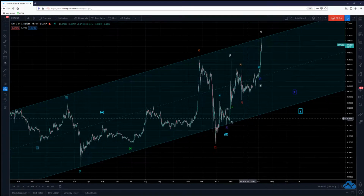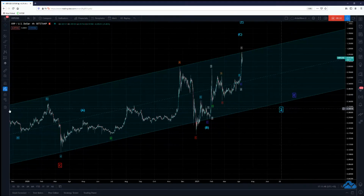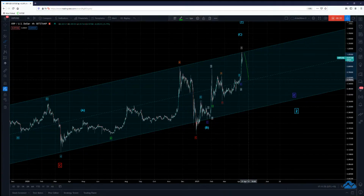But because of the actual wave count, that's why I'm expecting an E wave to occur. And when we see that E wave occur, I think you'll get something like either the midpoint or lower. I don't know. I can't tell you that much just yet. But let's just say, for example, it goes to the midpoint. Okay, and then it starts to create